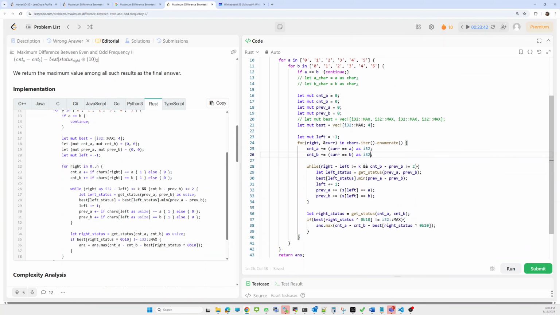Now in the while loop, if the difference of right and left, then count b, count if left status, we are getting left status, yes we are.